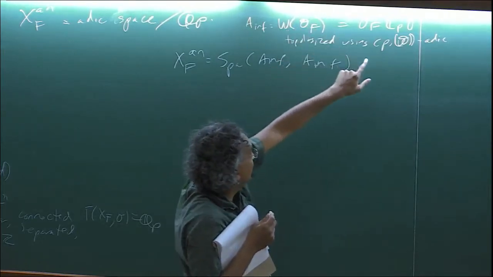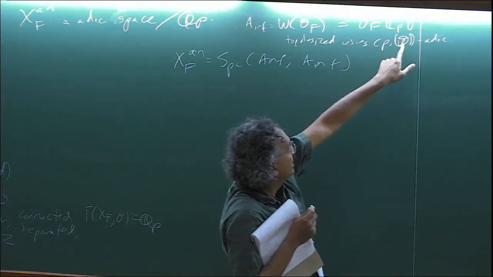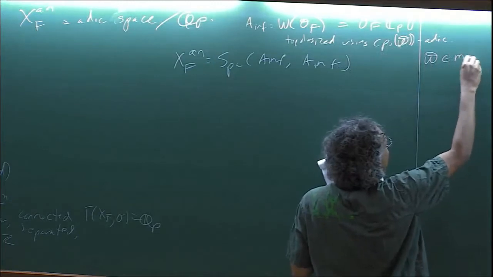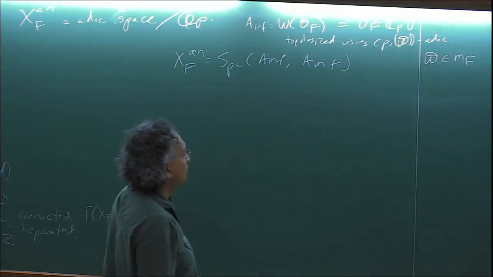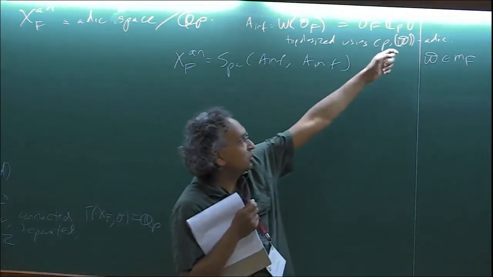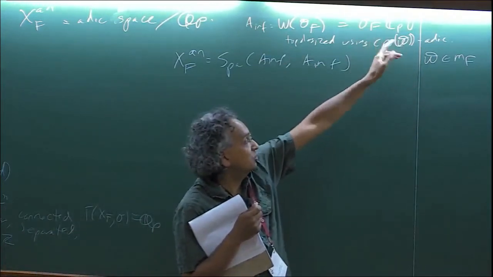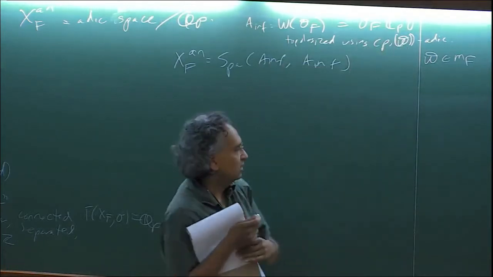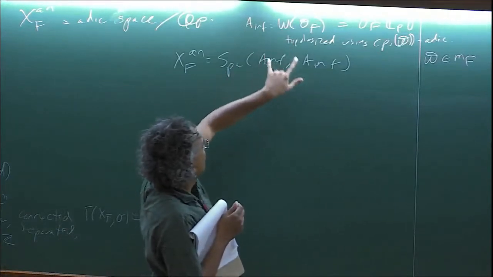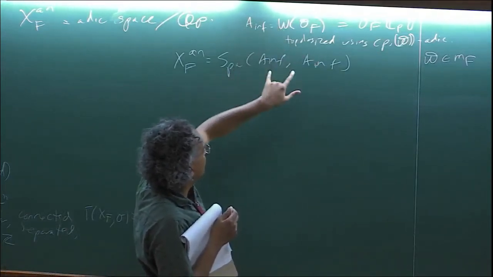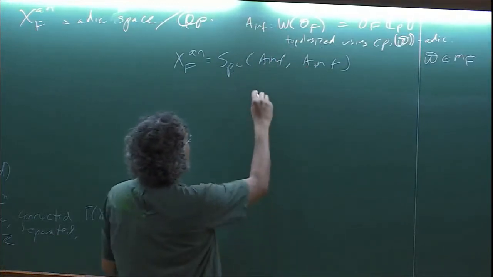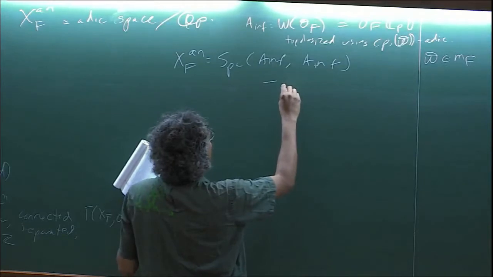So you could take, for example, the ideal generated by p and the Teichmuller lift of some element of the maximal ideal of O_F. And of course, the topology is not going to depend on this choice because any two choices of the ideal are cofinal to each other. So if you want, now that you've topologized this ring, you can use it as a Huber ring and you can form its adic spectrum, except what I really want